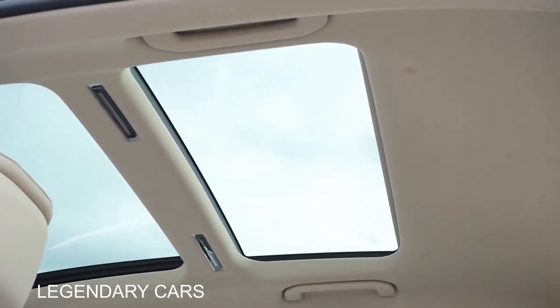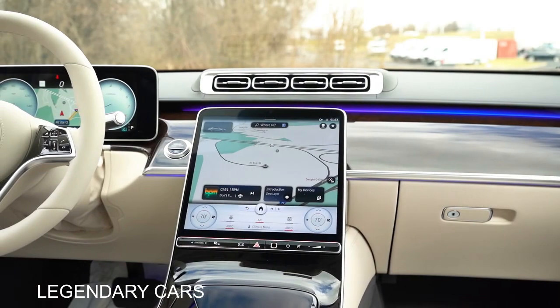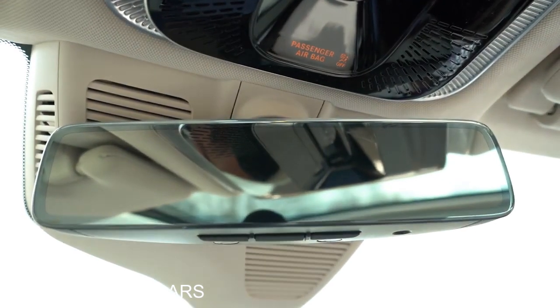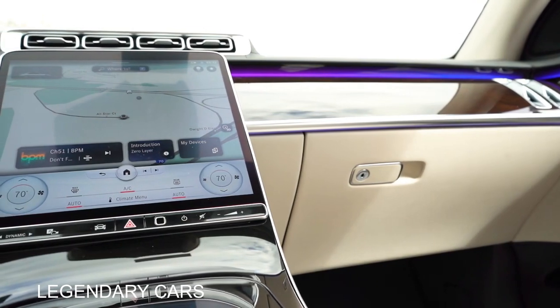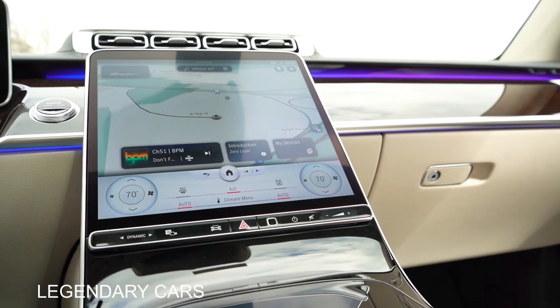Panorama roof is going to come standard, so even the rear passengers can have their view of the sky as well. LED interior lighting, of course, coming standard. You have a frameless rear view mirror with HomeLink controls, so up to 3 different garage doors found on the bottom portion of that. Dual zone climate control will come standard. Illuminated door sills also coming standard. Then 64 colors of ambient lighting,